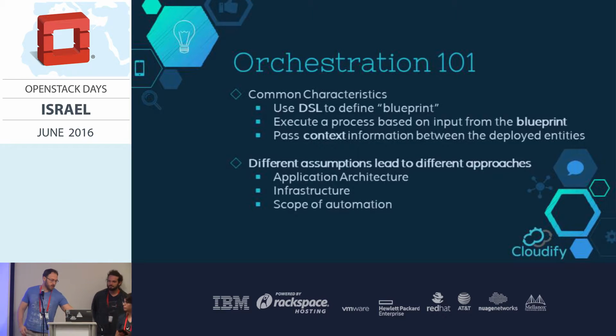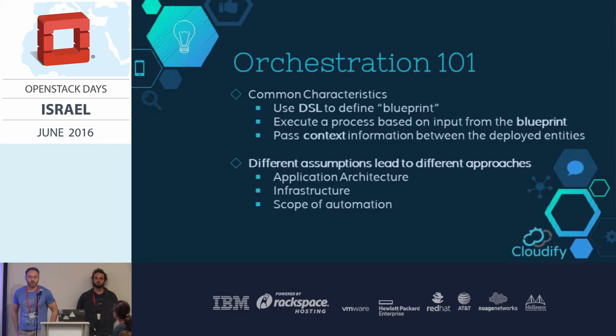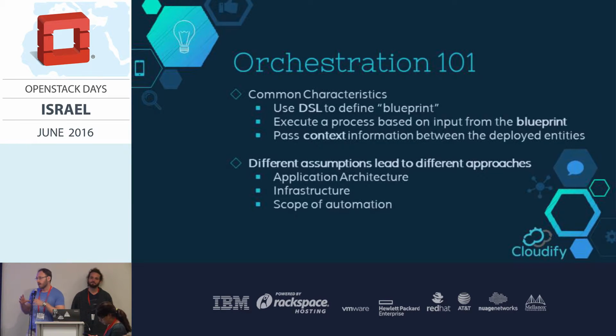All right, so I was talking about what it would take to bring up an orchestration platform, and essentially most orchestration platforms would require having some sort of a descriptive language describing the application. You build a blueprint, or you build a template that you use to run the orchestration, and the orchestration platform would take that template with a set of inputs in order to bring up that application. And the orchestrator itself is responsible for passing context from objects in order to bring up the application that you're describing.